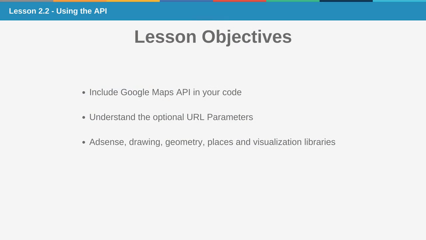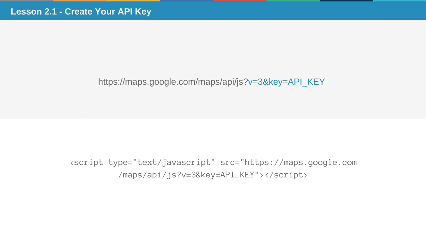In this lesson, you will learn how to include the Google Maps JavaScript API in your code, and learn about the parameters that allow you to set the version, your unique API key, and any optional API libraries. To start using the Google Maps JavaScript API, you will need to include it in your HTML file using a